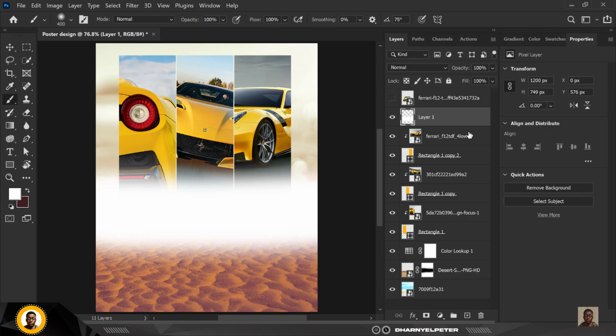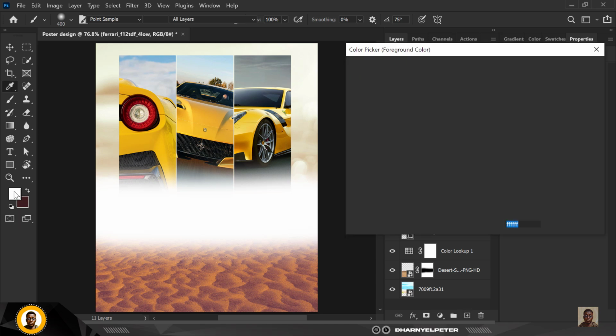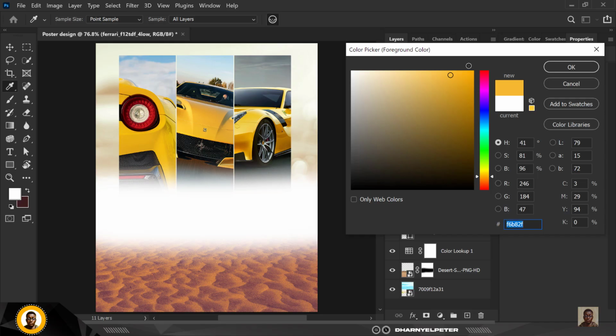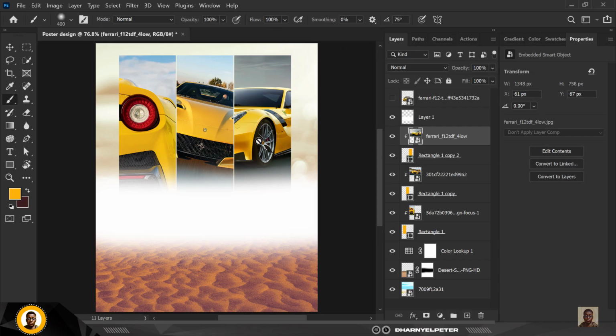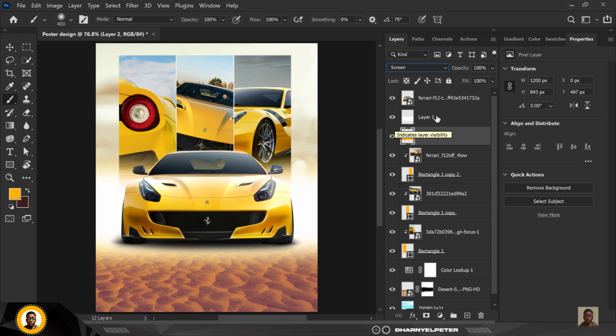I'm going over to create another one just underneath. I'm going to change the color to this yellow here. Click OK, and I think I'm going to create a new layer here, so it should be under the white. So I'm just going to paint with my brush here like this and change the blend mode to screen. So I'm going to reveal this car here. You can see how nicely blended this is. So I can reduce the whites to like 77, make sure it's not too much, and